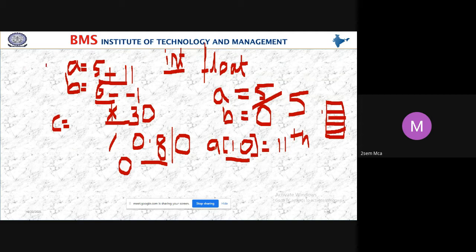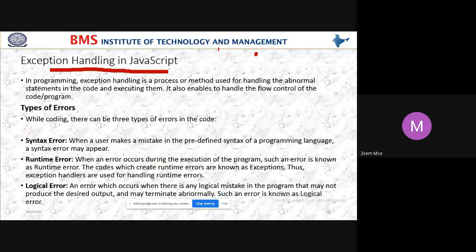Suppose I put this division statement first and then the other statements. Then after finding the first statement, the compiler will come to know this is an abnormal statement. Then it will not go and check the next statement. There itself the program will terminate. To overcome this drawback, we use exception handling. This is a process or a method to handle these types of situations or code.